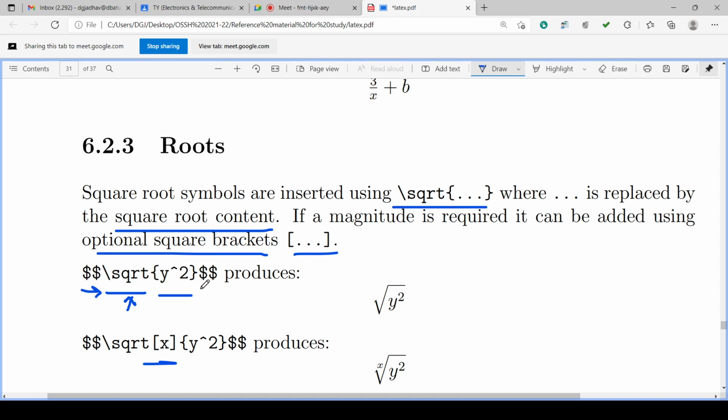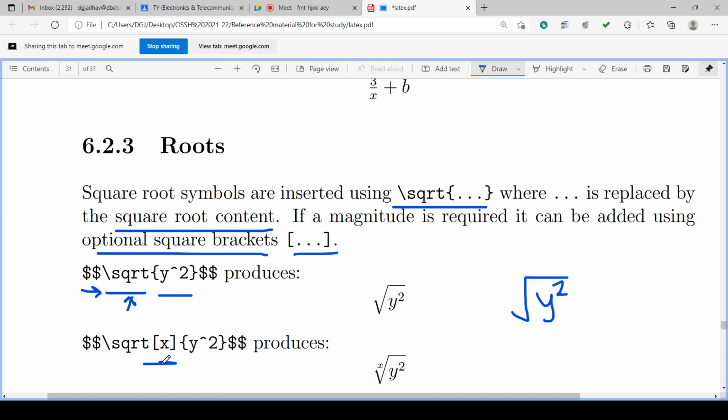Curly bracket complete, double dollar. So double dollar takes it into new-line math mode, backslash sqrt is the square root, and the content is y hat 2, that is y square, and the dollar completes the mathematical expression.